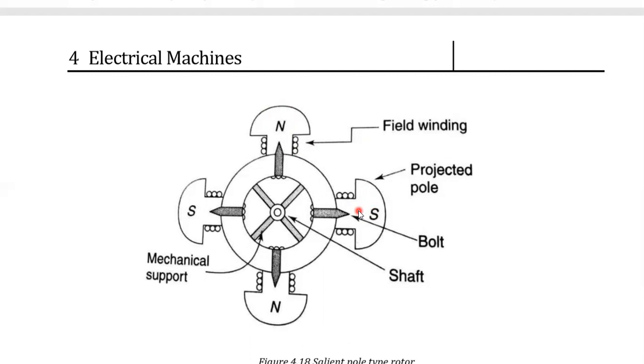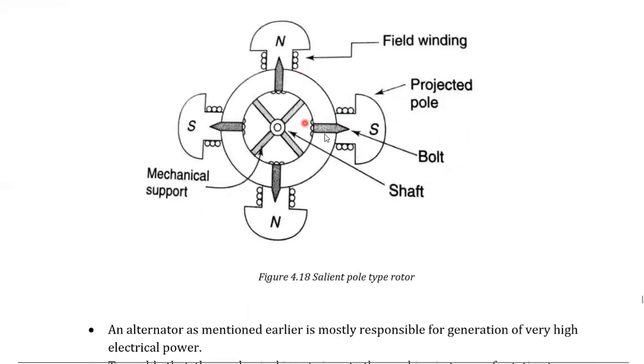Understood? If the rotor is rotating above the synchronous speed, what happens? An opposite torque is developed in the damper winding, then the speed reduces and it rotates at synchronous speed. If the rotor is rotating at less than synchronous speed, what happens? In the damper winding, because of the relative speed between the stator rotating magnetic field and the rotor, some EMF is induced, then torque is developed and the rotor rotates the same as the rotating magnetic field and reaches synchronous speed. So the damper winding helps to reduce the oscillations.